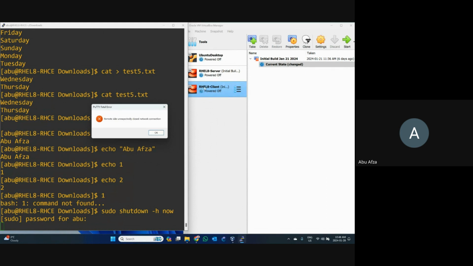Okay, and you can see the power state is changed, and this one says remote side unexpectedly closed network connection. That means this PuTTY is not connected with the operating system. Press OK. My computer is now shut down.